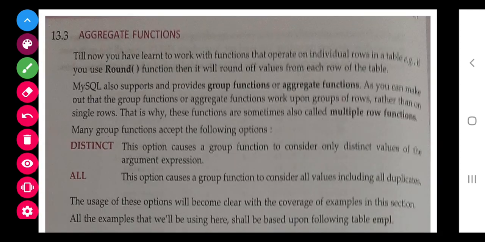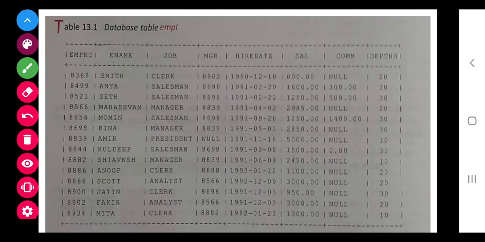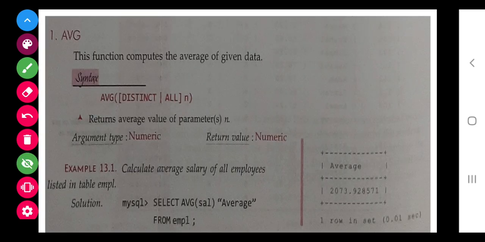Now class, your next is aggregate functions. In this there are many groups that you are going to study. For that they have considered one table. This one is the table. Now the first thing is average. How to implement the average? For that they have written AVG, DISTINCT or ALL, and n.